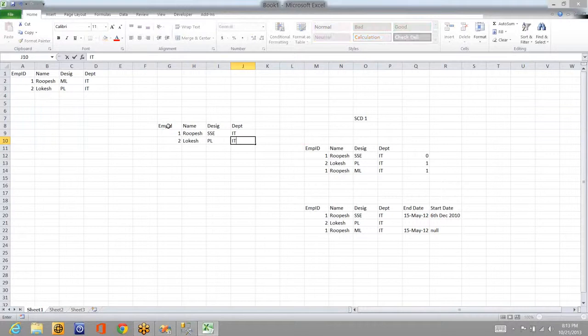Like this. So what is happening here is it is getting a new record and it won't care about whether it's a module lead or SSC, or whether it is changed or not for the existing record. It will just ignore the existing record. It will check whether 1 is available here or not. It is available, so don't touch it. Go to the next one. Is 2 available or not? It was not available earlier, so it will pull that record and insert it into the destination.